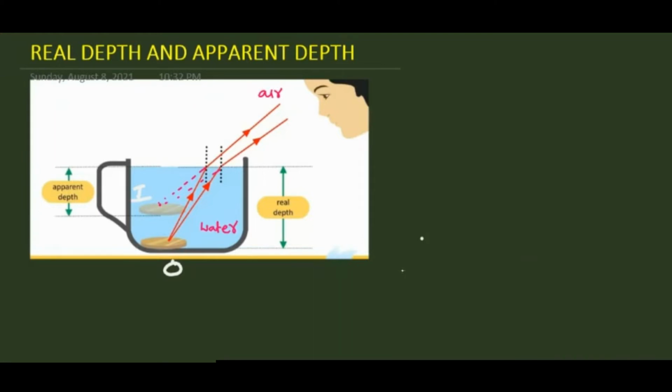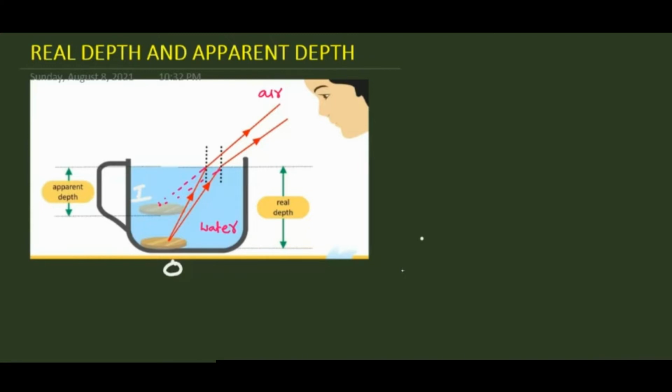Due to refraction of light, the coin appears to be displaced from its real position or not? Yes, sir. That means if the observer and the object are situated in two different mediums, we do not see its actual position. Is that clear? Clear or not? We do not see its actual position. The depth we see is actually only the apparent depth, but the actual depth is the real depth. Clear, Jignesh?